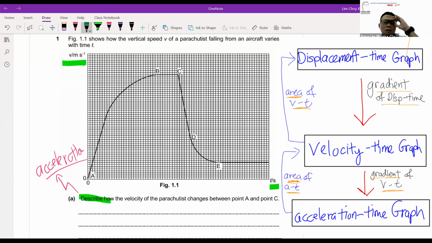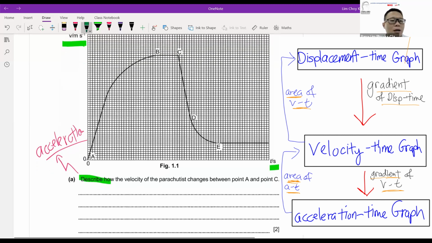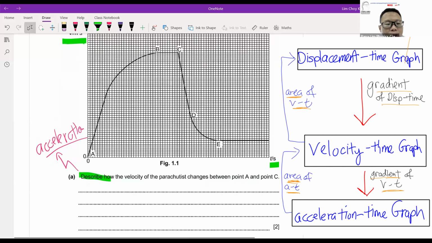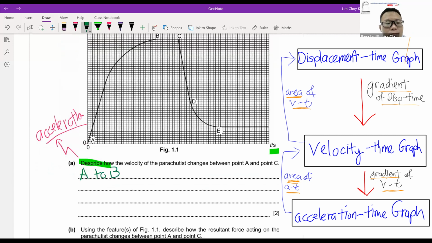Whenever the questions ask us to describe the motion using the kinematics graph, the answer is always one level up. Displacement time graph means I need information about the velocity, one level up. If I give you a velocity time graph, I will need information about the acceleration. So basically what they are trying to tell is I need the accelerations between point A to C, which consists of point A to B,